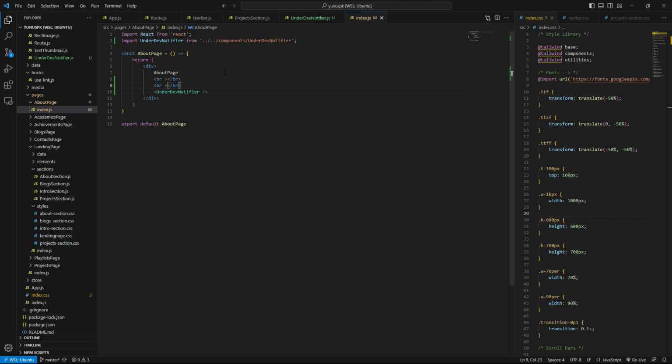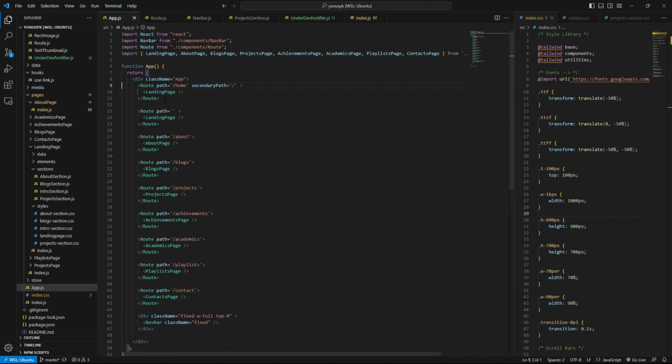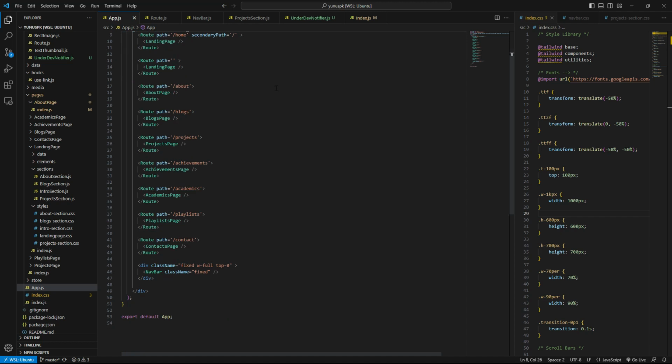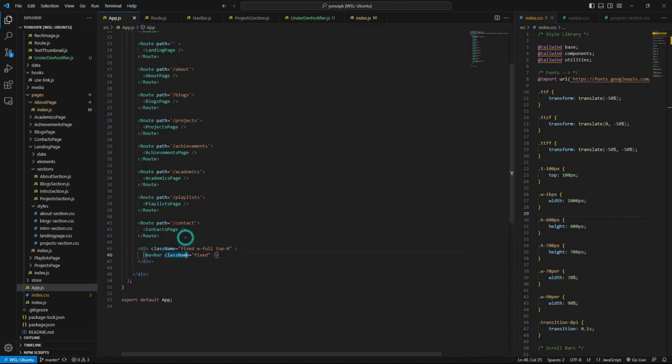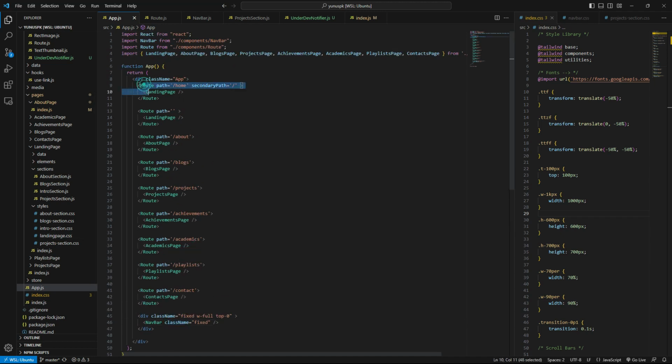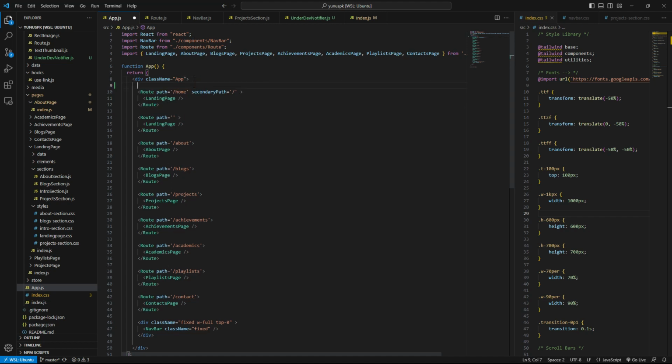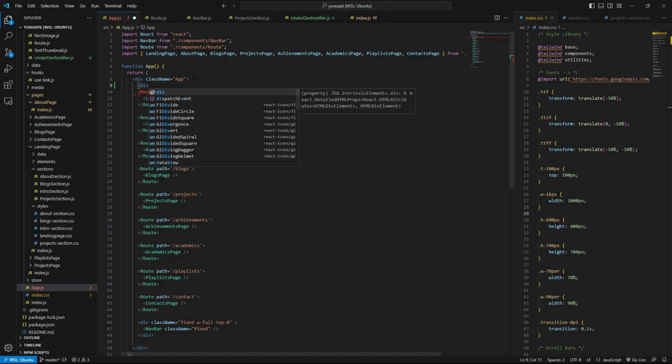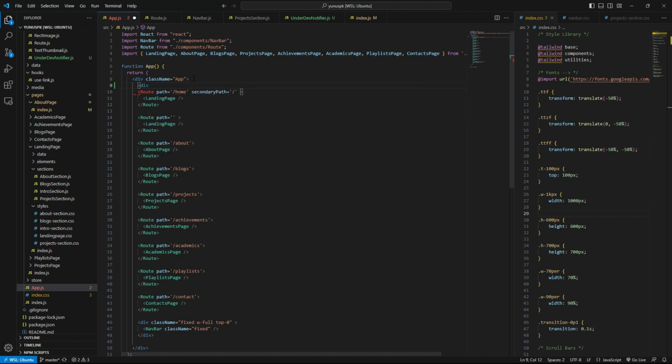Then we're gonna commit that, and then we're gonna do these kinds of things. So what are we gonna do? I go to the app.js, and in the app.js you're gonna see here's our navbar, and at the top, after this route or whatever, at the very top, I'm gonna create a div, and this div will be a self-closing div.